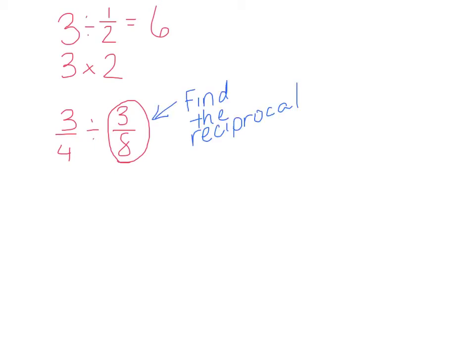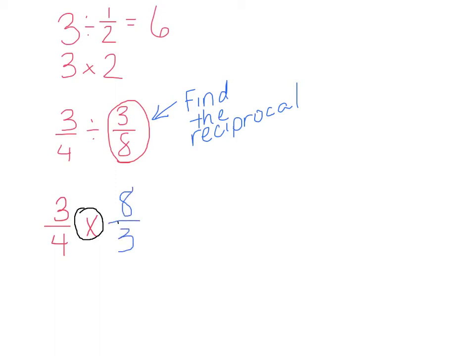So we're going to keep 3/4 the same, and if you remember me saying, when we divide fractions, instead we can multiply, which is going to be really important because we're going to switch that around. We're going to multiply by the reciprocal of our original divisor, which is 3/8. So the reciprocal of 3/8, how we find that is we just flip it upside down. So that means the numerator would become the denominator, and the denominator will become the numerator. So now the reciprocal of 3/8 is just